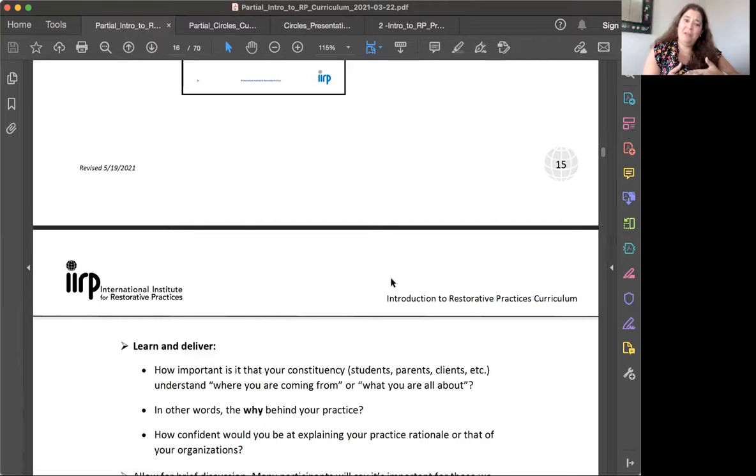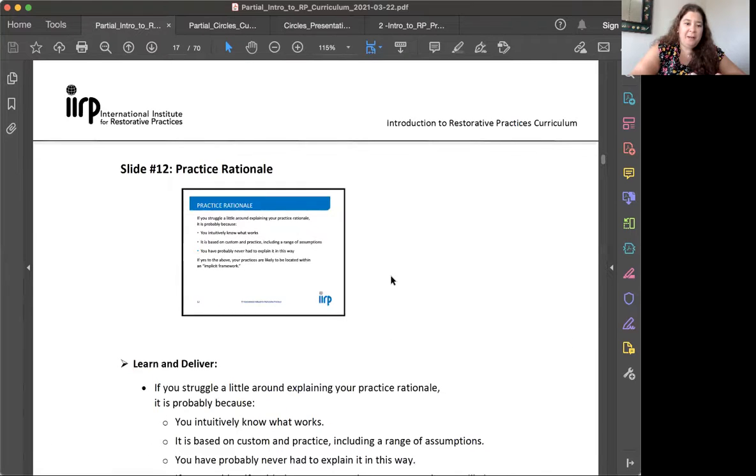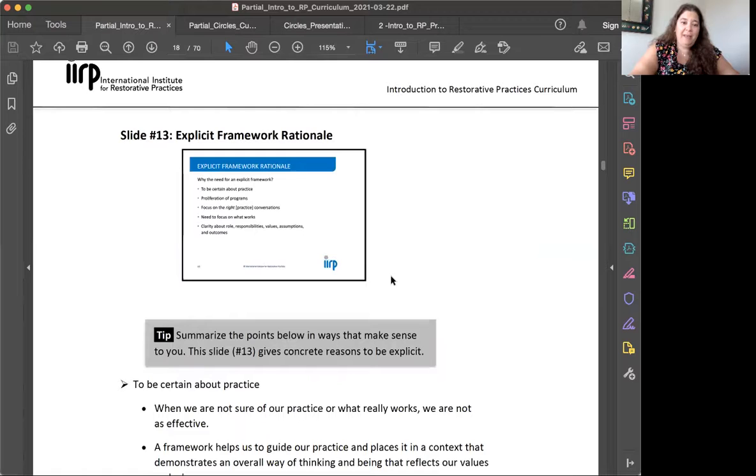When we can't be really clear and explicit about what we're communicating, especially when we're talking about restorative practices or other school-based initiatives, it can be hard for folks to really understand why we are doing this. Is this just one more thing that I have to do in my already really busy day? So when we get to the section where we're talking about the why and why it's important to be explicit,